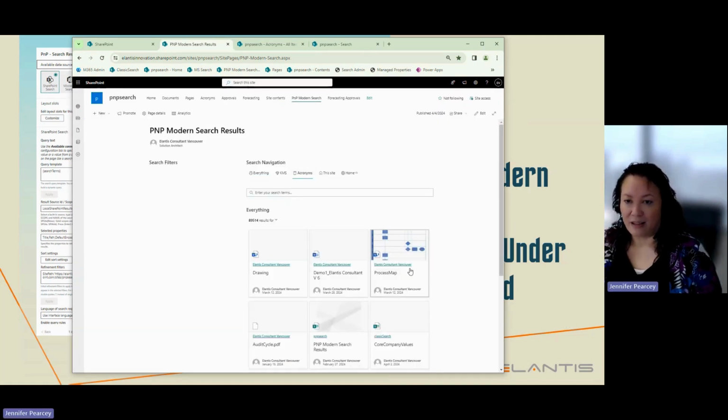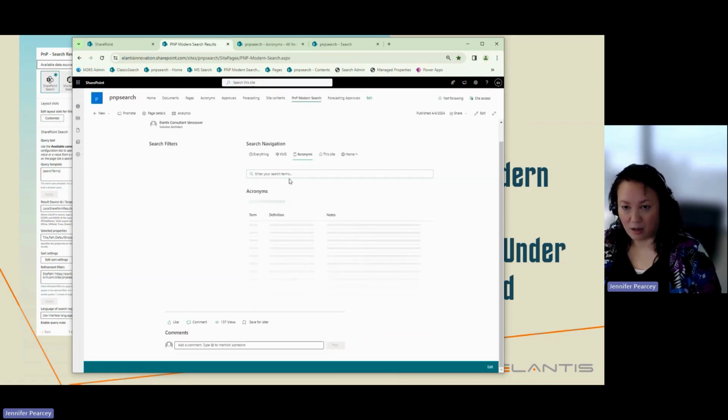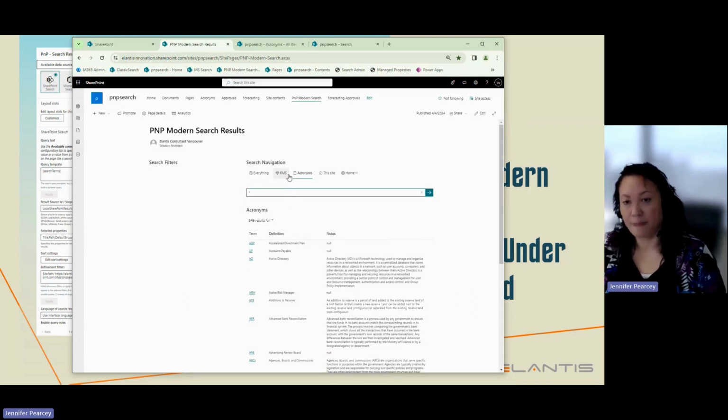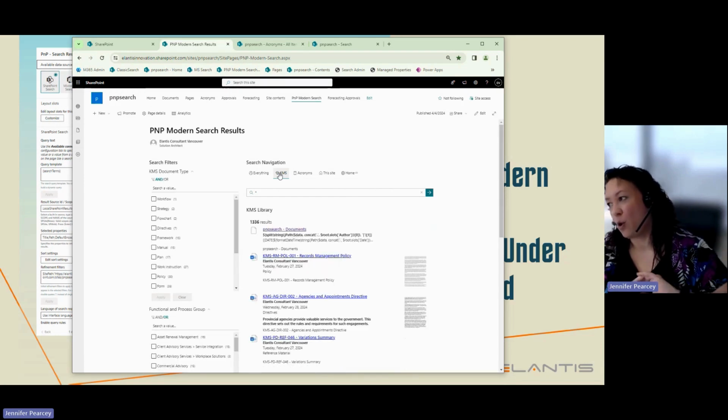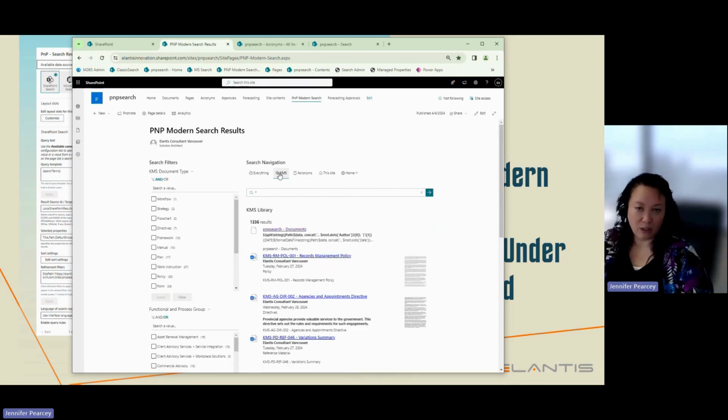And then again, if I access the acronyms now, I think I can just do a search for everything. Right, so it's going to give me all the results in alphabetical order. So further to your question, I've created a knowledge management document library that's got a whole bunch of really good